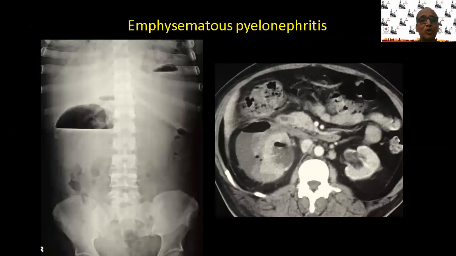So this is the more serious form, where you find a large air fluid level in the right renal area, and the contrast enhanced CT shows an enlarged kidney, almost destroyed parenchyma, multiple foci of air within the parenchyma and in the subcapsular collection. This patient couldn't be salvaged with medical and conservative management, and he had to undergo a right nephrectomy to